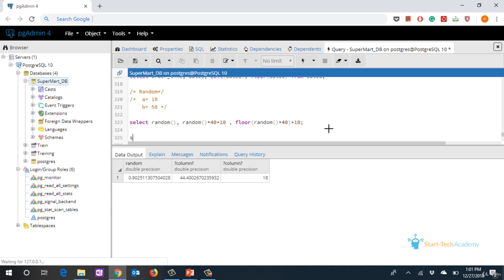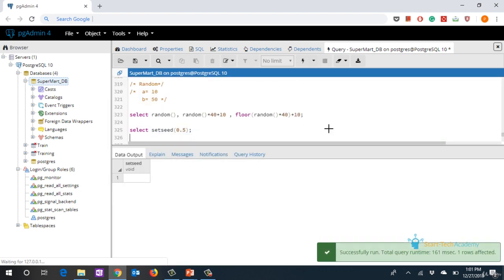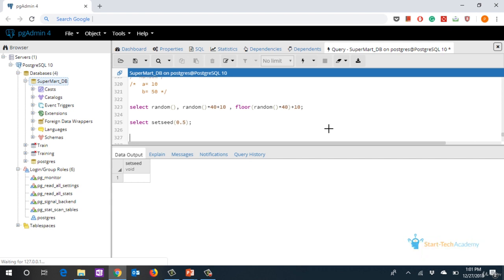So let us first select set seed to 0.5. Set seed has run successfully. Now let us run the random function, select random.